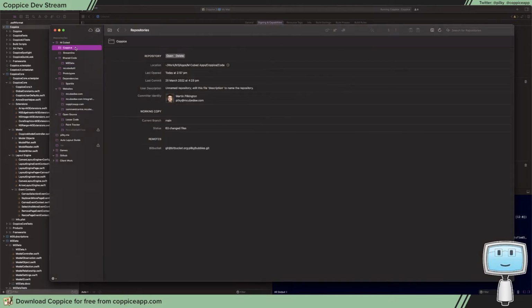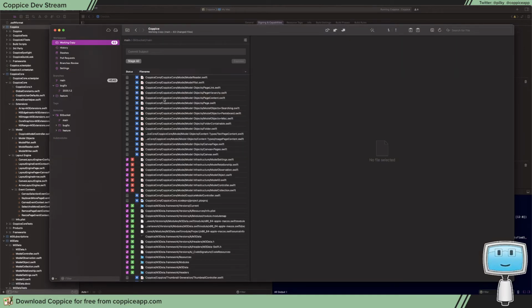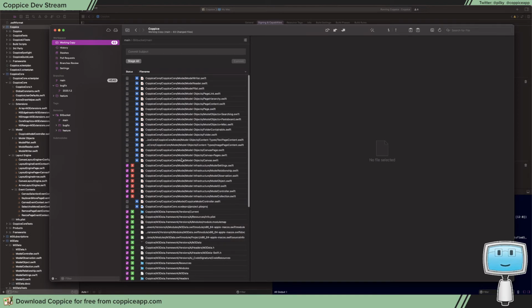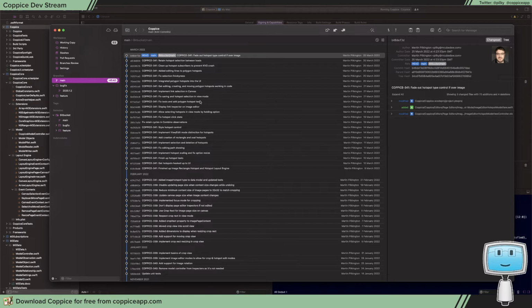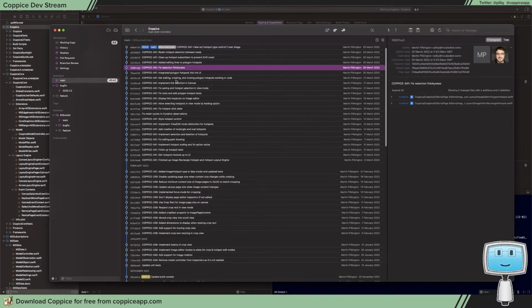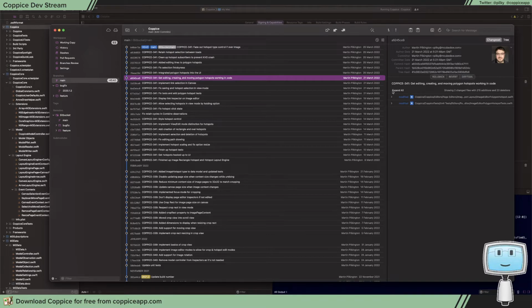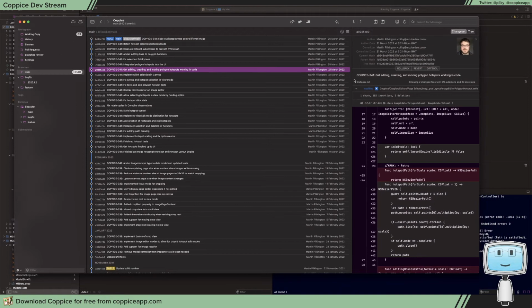Now, if I show you Coppice's history, these are all the changes that we have made today, updating all these various bits and pieces. We'll have to tweak some of those because I think that some of these M3 data things aren't meant to be there. But if I go here, you can see Coppice's history. And over time, I've been committing things. So, for example, this commit here, if I expand all,